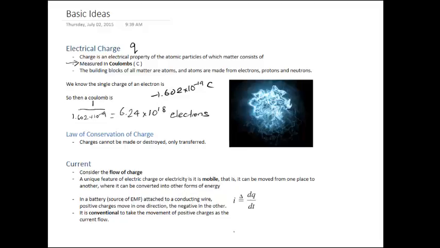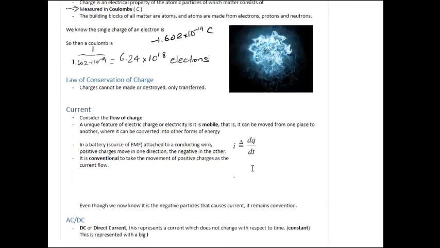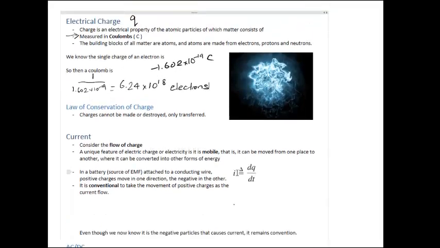Moving on, we're going to briefly talk about the conservation of charge, which simply states that charges cannot be made or destroyed, only transferred. Knowing these things, we can now consider the flow of charge. A unique feature of electric charge is that it is mobile. That is, it can be moved from one place to another, where it can be converted into other forms of energy. Mathematically, we represent current as I,